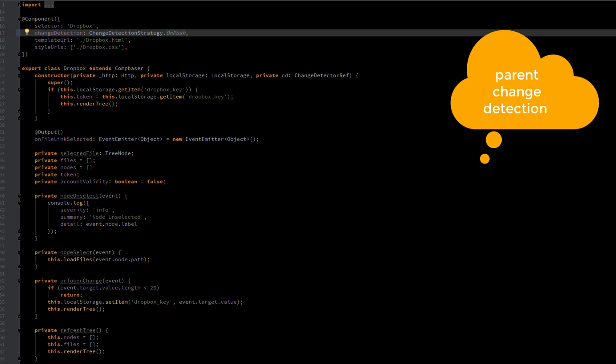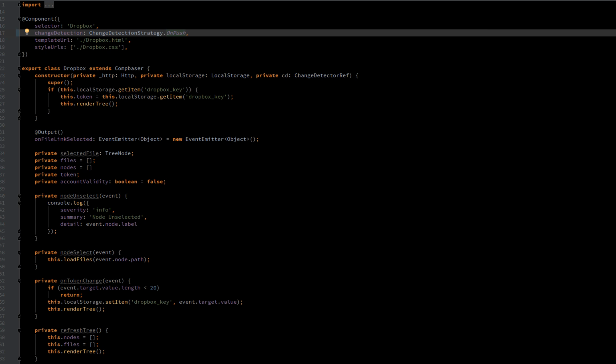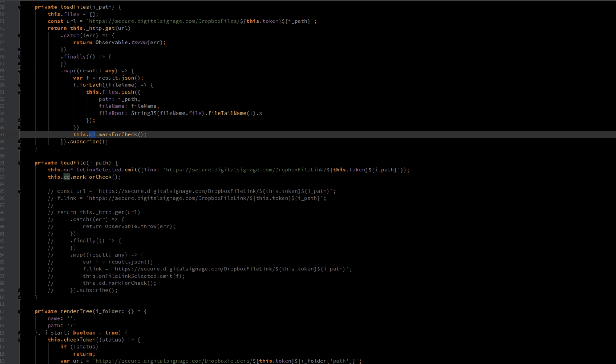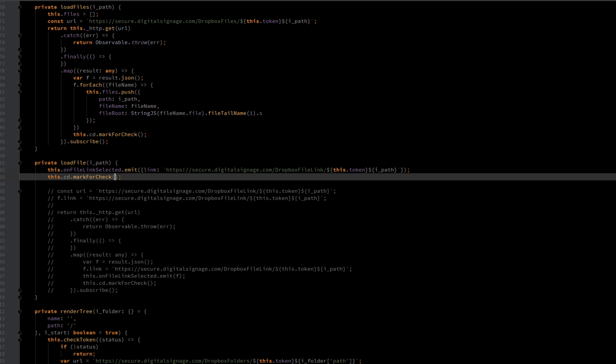So in this tip, I'm going to talk about change detection. I'm assuming you know how change detection works. I'm just injecting the ChangeDetectorRef into my component, and I can call markForCheck anytime that I want to update. Something you may not be aware of is that if you're going to develop a custom component that is going to be consumed by other developers, and these developers are going to embed this component in an environment where the parent component is going to use